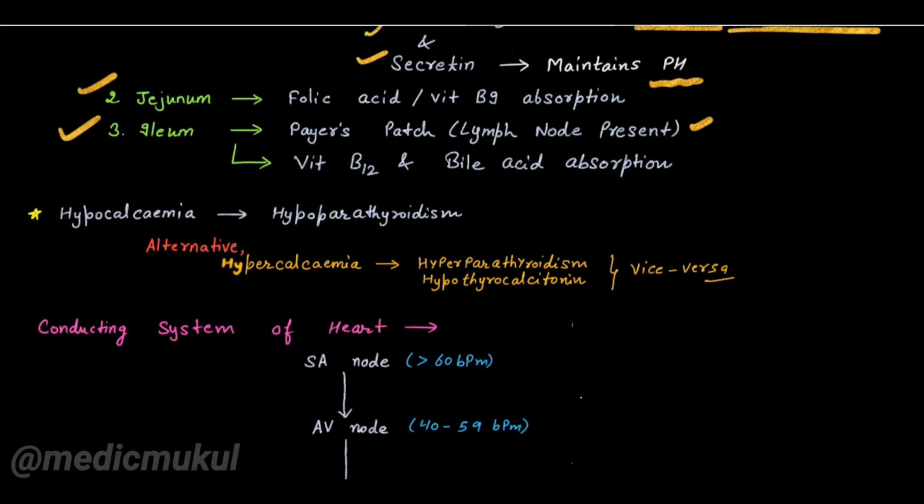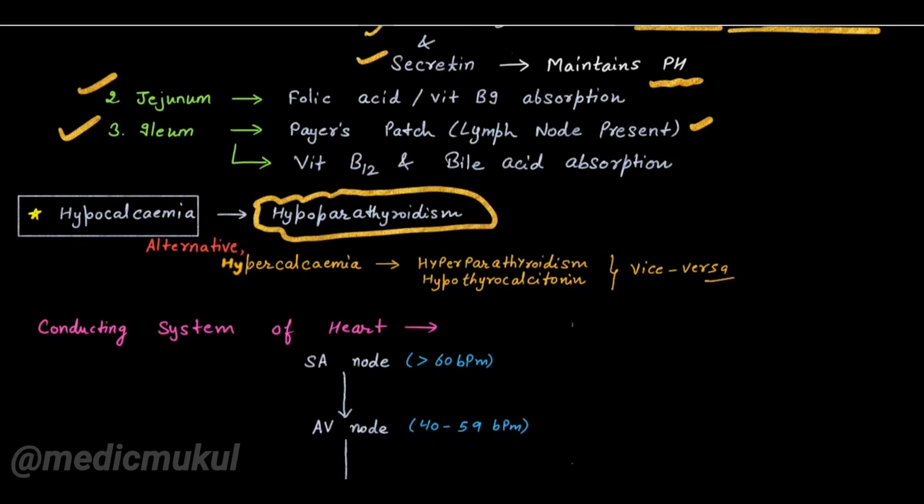When we study hypocalcemia, the parathyroid, we'll discuss again in the endocrine gland system. But here remember, if you see hypocalcemia in the question, what should come to your mind? Hypoparathyroidism. And also remember, if you are seeing hypoparathyroidism, it means we can see the antagonistic hormone of parathyroid,